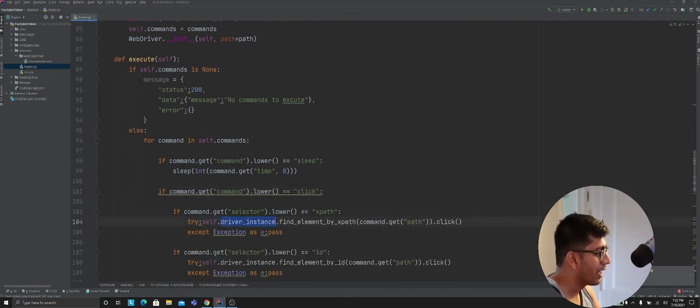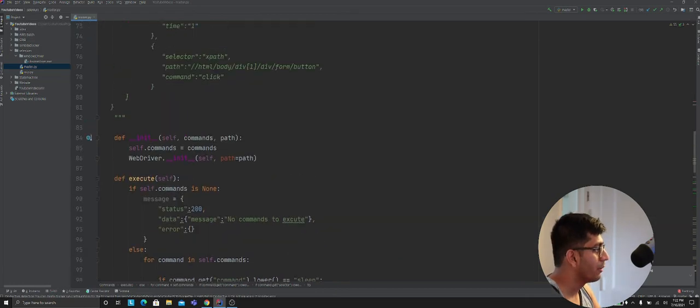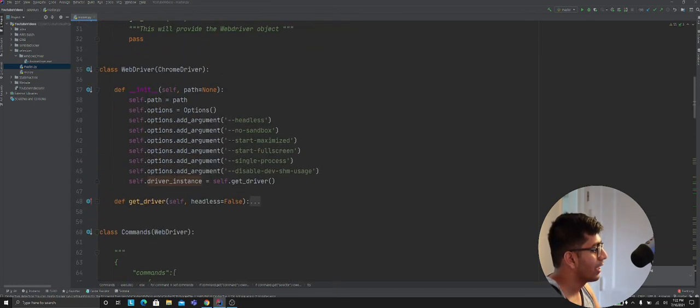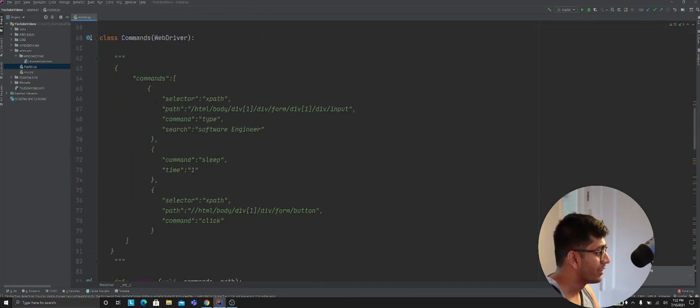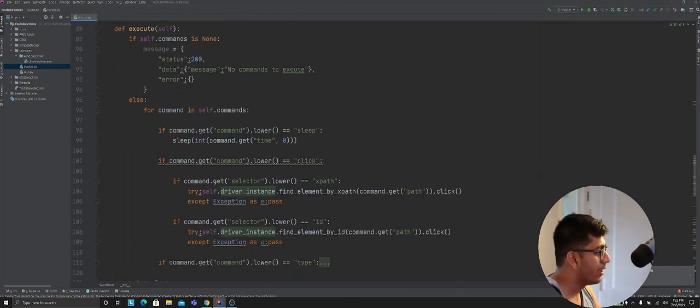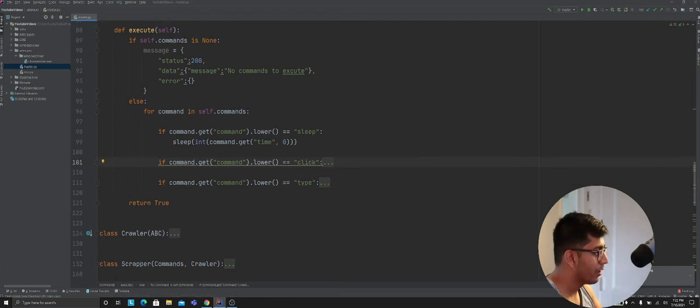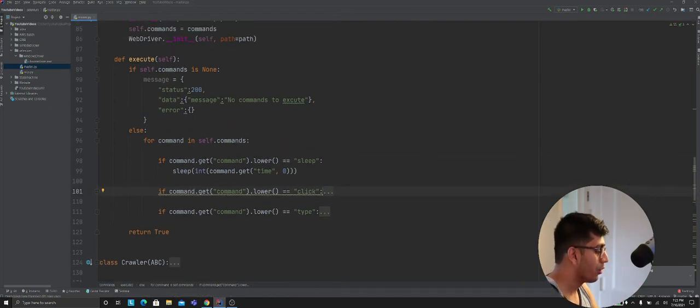If you are inheriting, you already have access to all the attributes from the base class. The base class had an attribute called driver instance where I was calling this function. This function returns a WebDriver object, and it's stored in this variable. Since it's inheritance, I could inherit directly all the attributes from the base class. So this one right here, as I said, is driver dot find element. I'm not teaching you Selenium here. I'm basically just showing you object-oriented code.